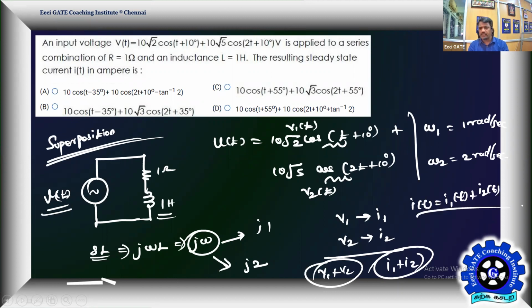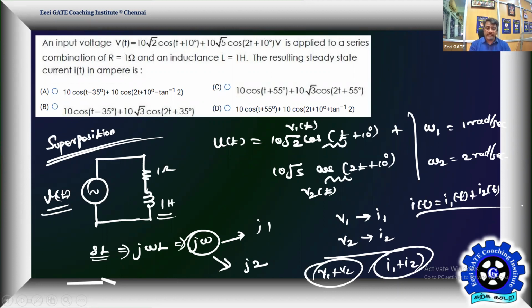So hope we got the challenge now. Actually, it's not a challenge. You are partitioning the problem into 2 simple subdivisions. You're going to play with only one source at a time. V1 enabled, get I1. V2 alone enabled, get I2. Then add the two currents, that's your resultant current. That's what he's looking for.